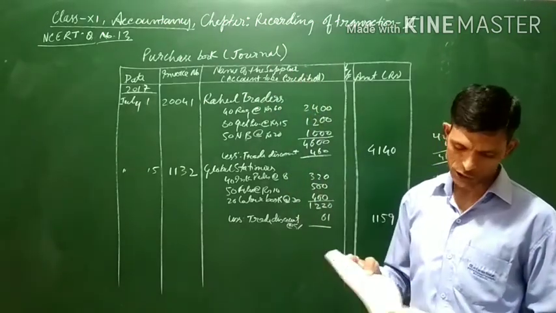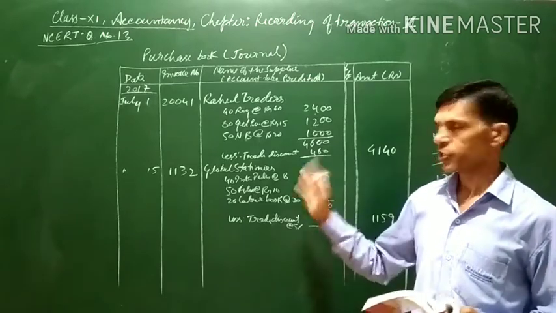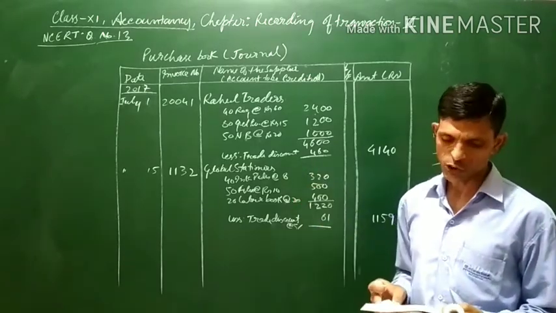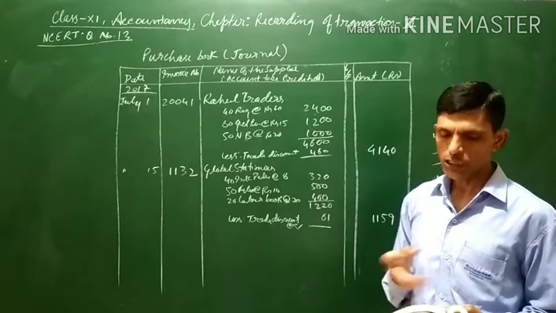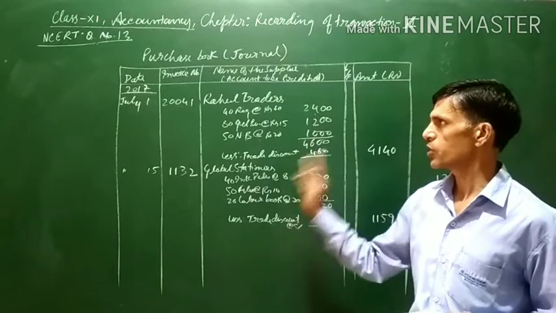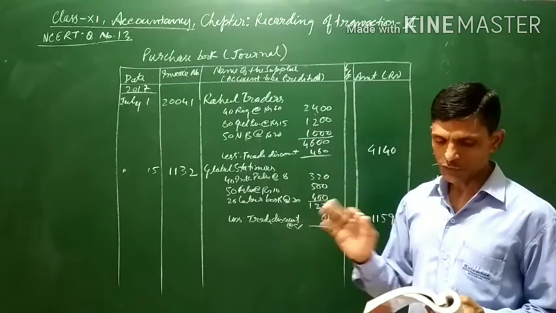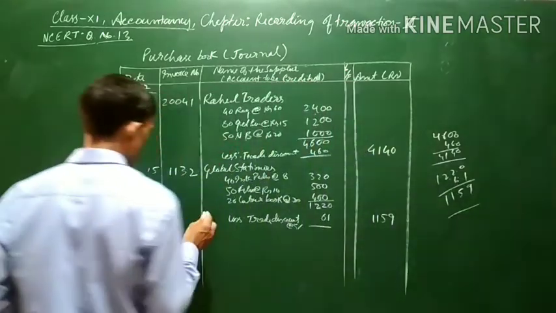Messrs Gupta trader is dealing in goods. In what type of goods? In stationery. And here furniture is being purchased. So furniture will not be written in the purchases book because it is not goods in which the business is dealing. So we will ignore this.